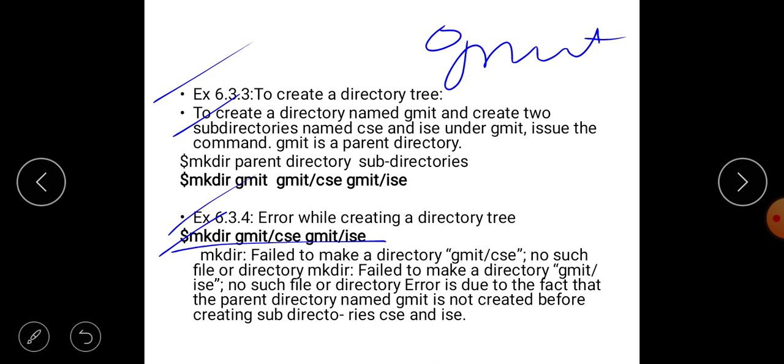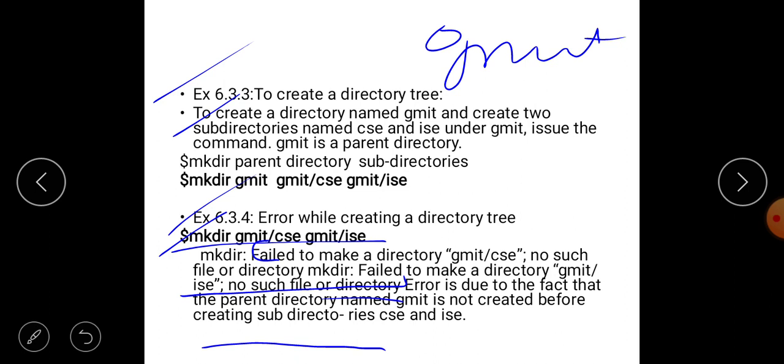Okay, up to this is the error message. This fails, this directory is the error message. Why did this error message come? The error is due to the fact that the parent directory name gmit is not created before creating the sub directories csc and isc.